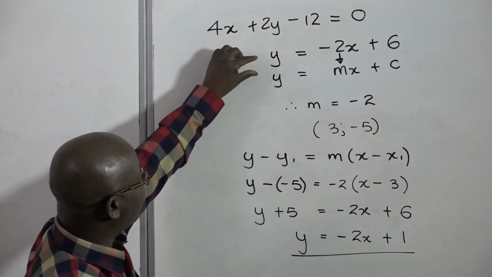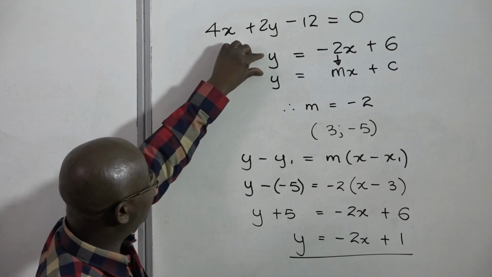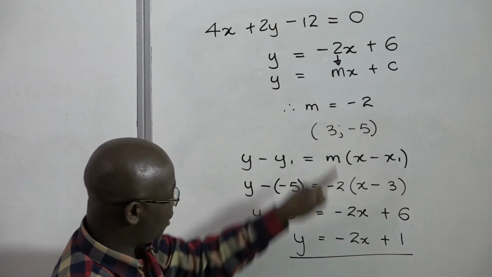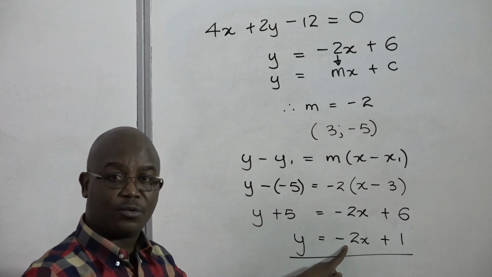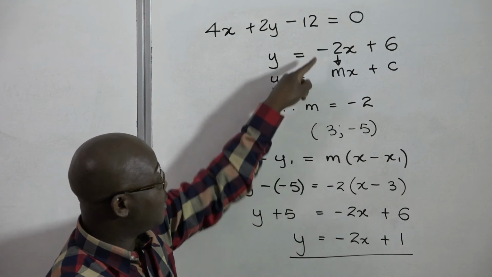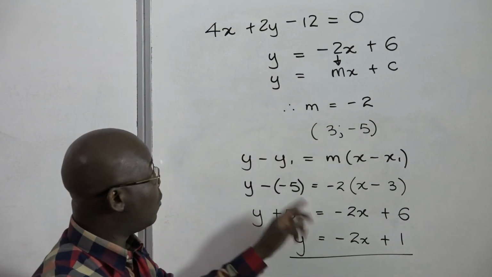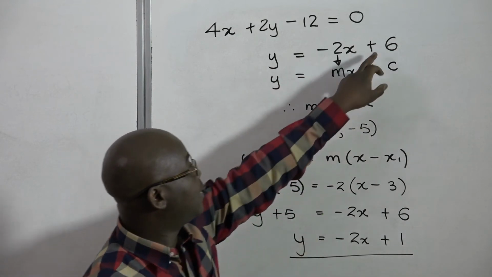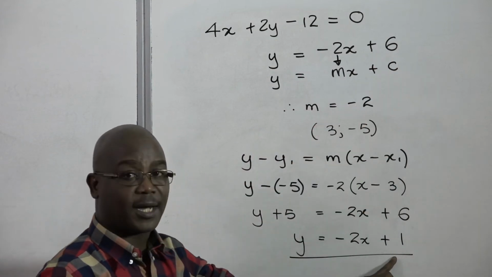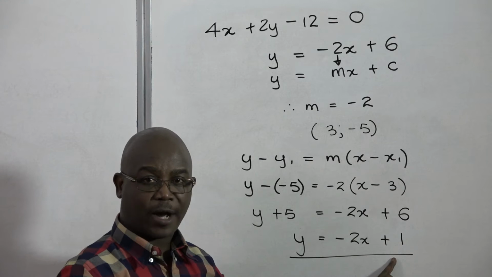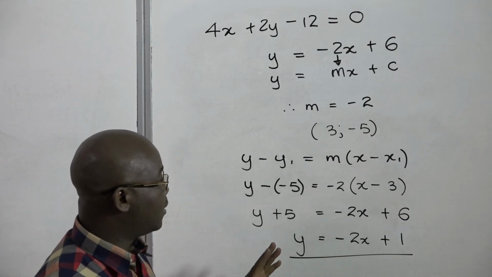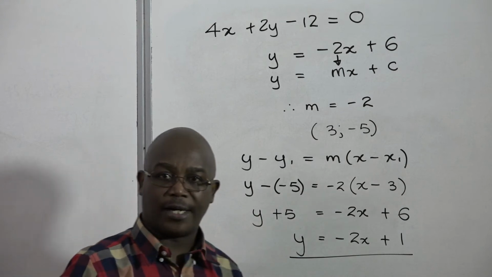You can see again that when we wrote this one in the form y is equal to mx plus c, our gradient was minus 2. It agrees with the new gradient. Because these two lines are parallel, their gradients would be equal. The only difference, once again, is that this line cuts the y-axis at 6, while this one will cut the y-axis at 1. Now we'll need to move on to look at the second part of our lesson,